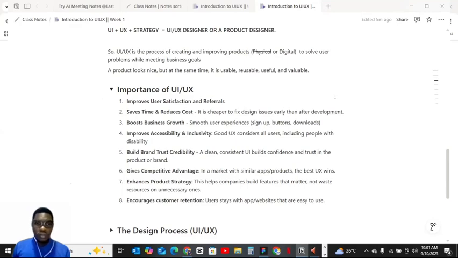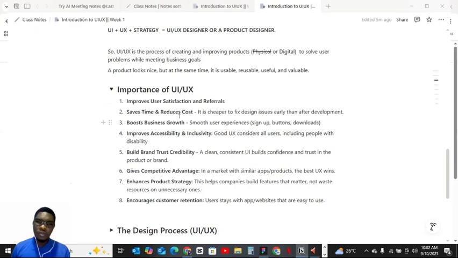So it improves user satisfaction and definitely people like your work. You see that A will refer B, B will refer C, C will refer D like that. Before you know, people get to see your work and say, if this guy can do something like this for you, then let him do it for us. Before you know it, you have a lot of clients and you're making money.